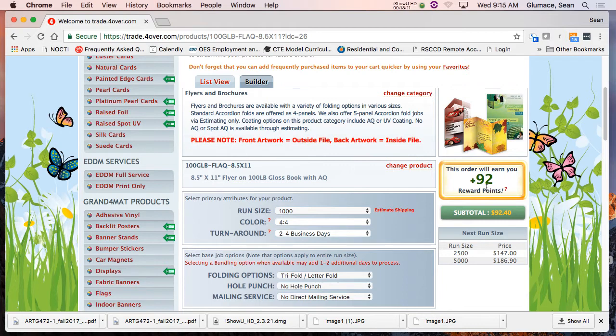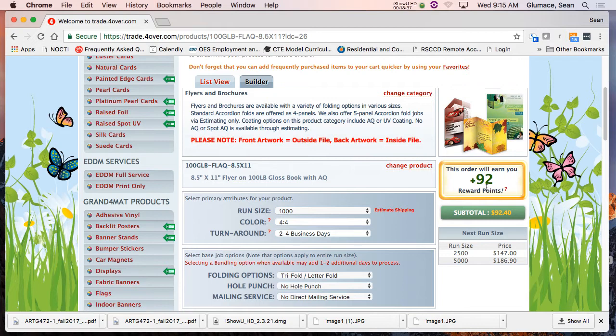And there's our next runs. Look at the cost difference. See at incremental, 2,500 is at $147, which is good, it's not doubling it. And then 5,000 is only $186. So now the client goes, yeah, I like the paper, this is what we want to do. I'm going to run these numbers, and I'm going to say, look, I'll get you a quote on your printing.